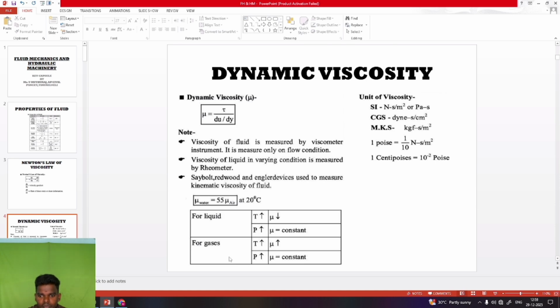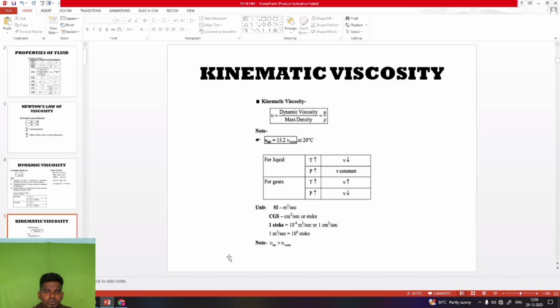force second per meter square. 1 poise is equal to 1 by 10 Newton second per meter square, and 1 centipoise is equal to 10 power minus 2 poise. And now we see about kinematic viscosity. The kinematic viscosity, nu, is equal to dynamic viscosity divided by mass density, which means the previously seen dynamic viscosity mu divided by rho,